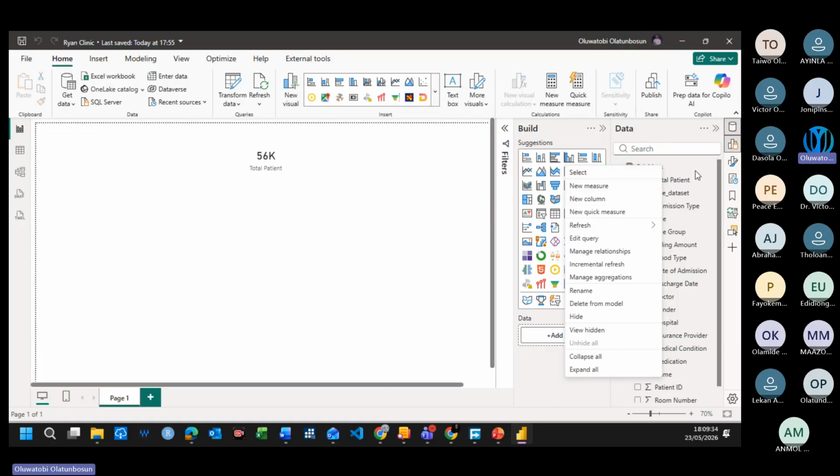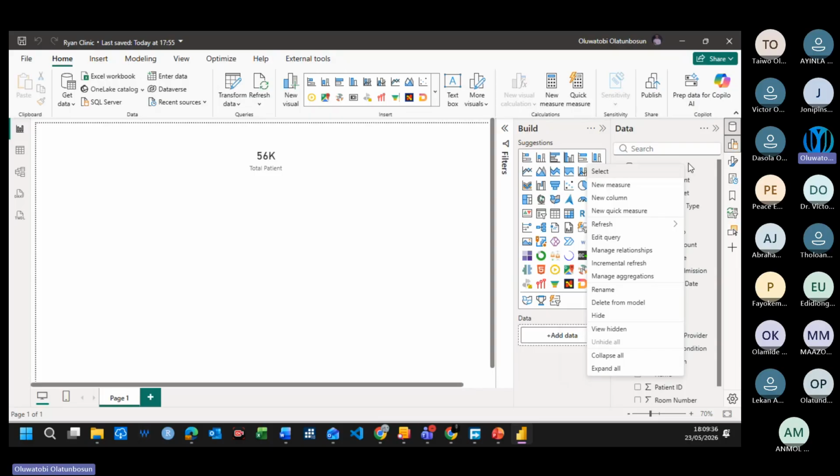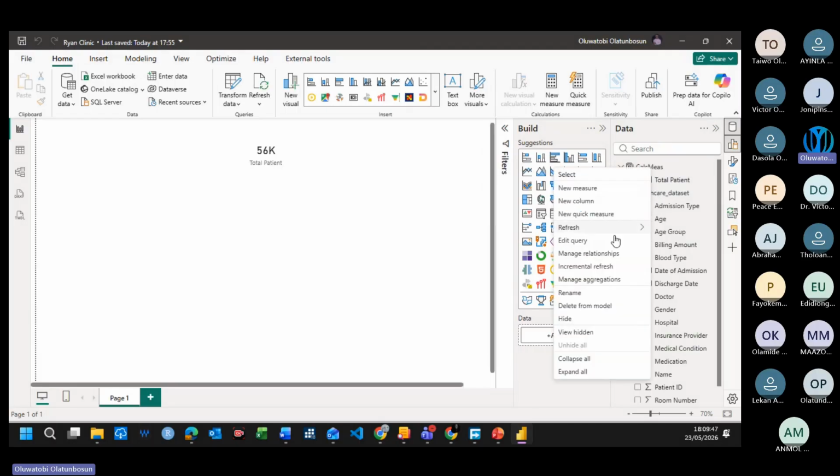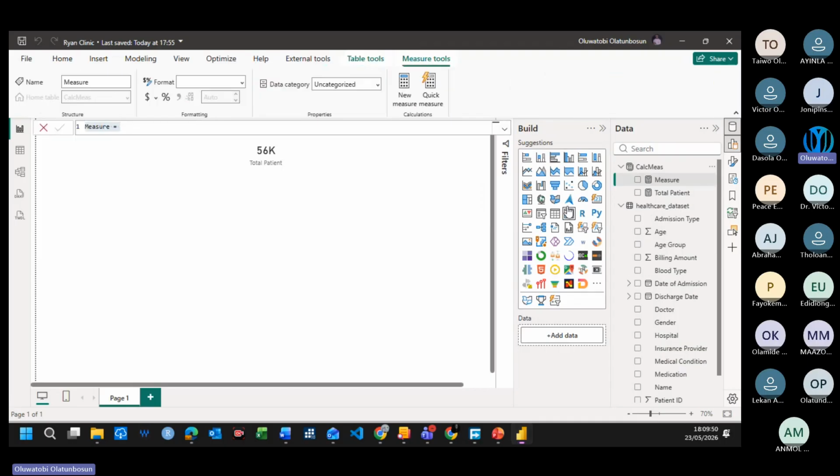So we'll create a new measure, right click on the table. You have to be careful so you don't create it in the data sets table, right? So you right click on the calculated measure, then you click on new measure, and we'll come to the top here, and we'll create average treatment cost. So this is equal to,